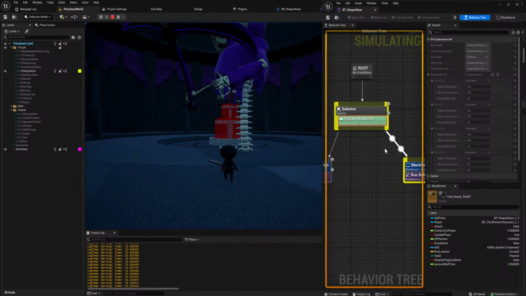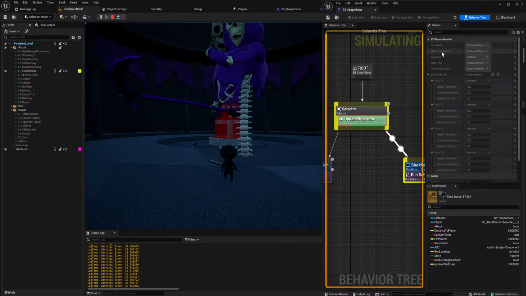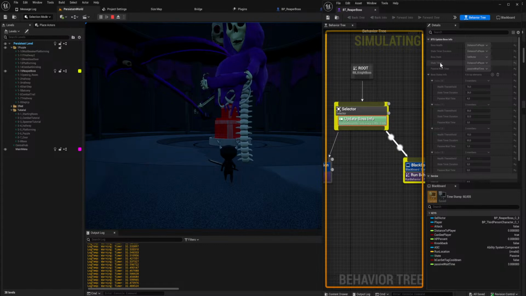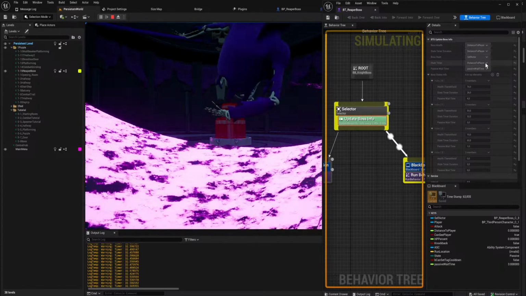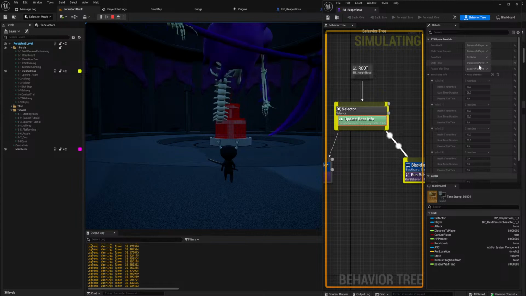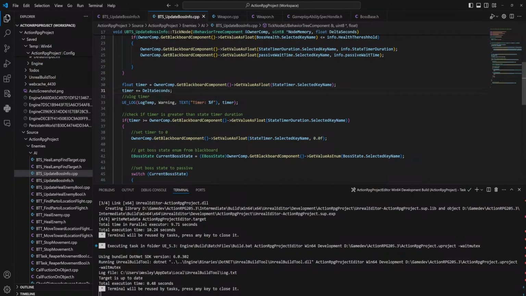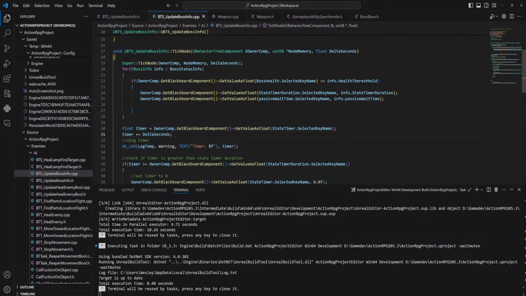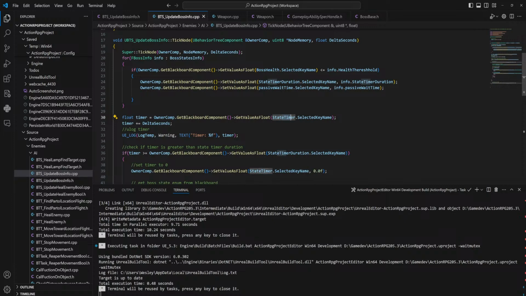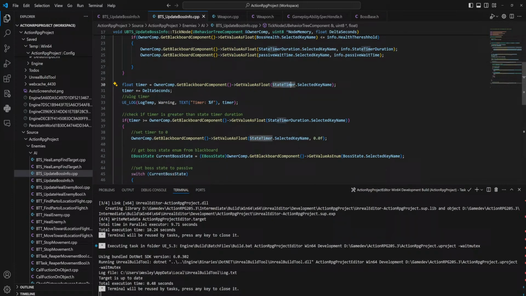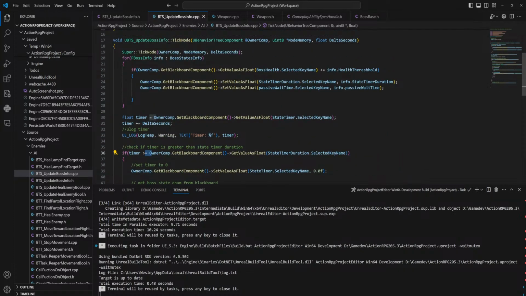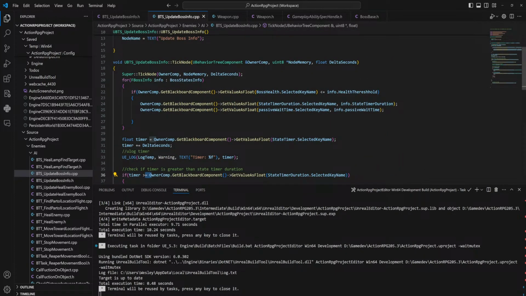Oh, holy shit, he's right on top of us. So our state timer is our distance to player. We are trying to do stuff with stuff that straight up does not exist. That said, though, this should still be updating that one. Unless distance to player is in a different place also getting set.